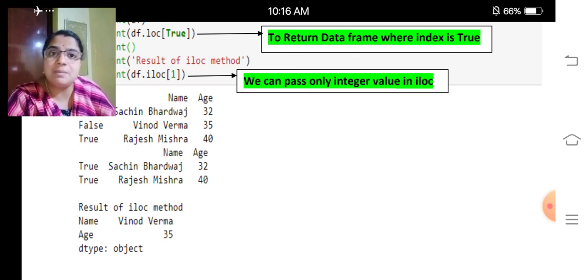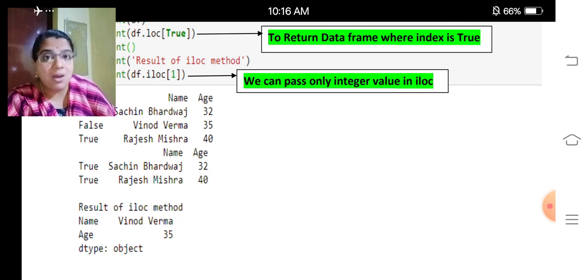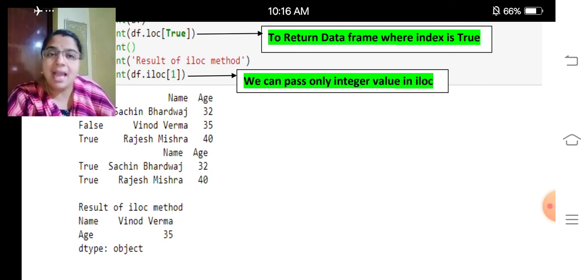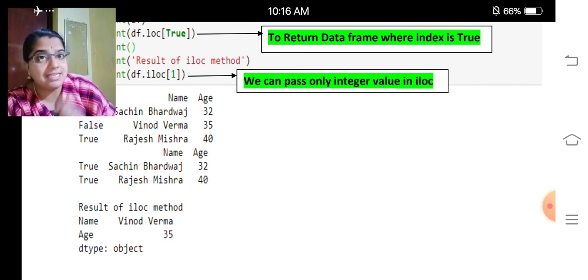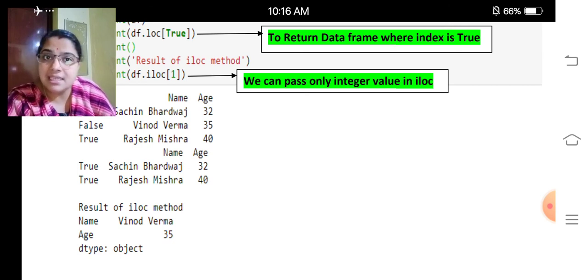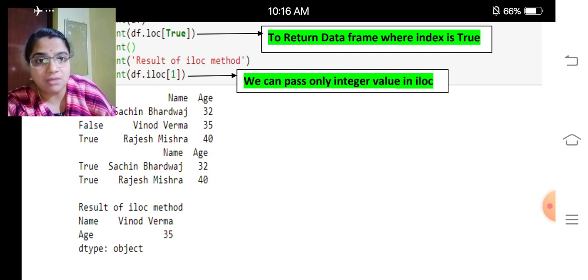What is the difference between loc and iloc? In loc, it will include the end value, whereas iloc won't include the end value. It will select only the index. So it will select the second position, first index, that is 1. My dear children, that is why it is given as